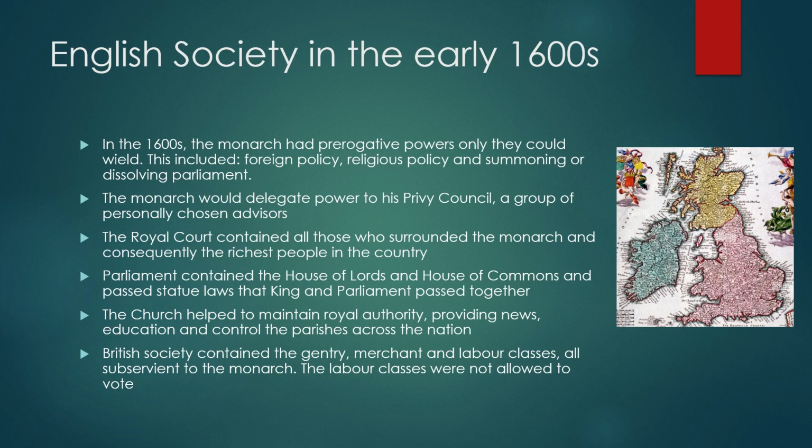The next point is then the church. The church, of course, takes on all the religious authority that is passed on from the monarch, and it's their job to pass that out throughout society. One way they do this is, of course, providing news. They're the ones making the newspapers, making the pamphlets that are being passed out for all society. They provide the education, so we don't have a state education system like we do today. Education back then was created from the royalty, from the religious policies. And so very much a lot of it's centered around religion, learning Bible, learning the Gospels, and then understanding the Word of God to then use in wider society.